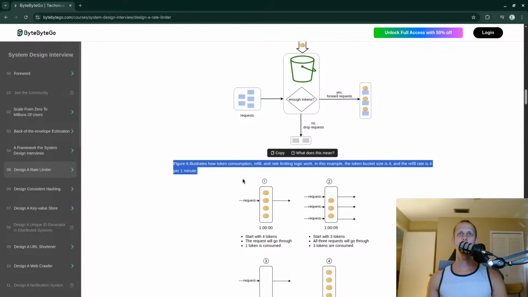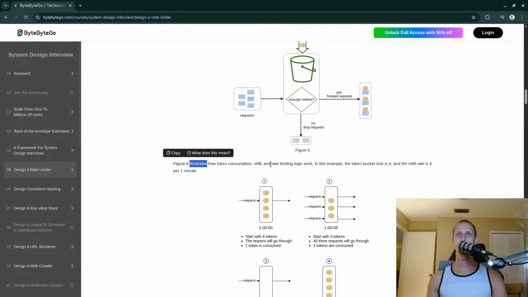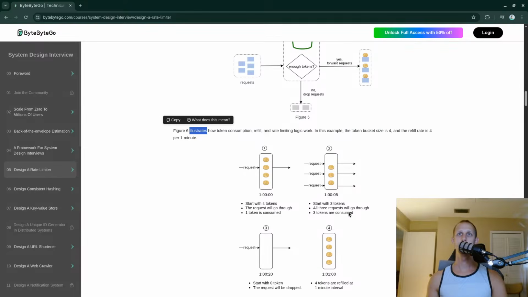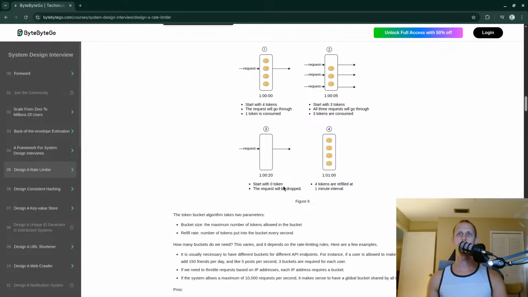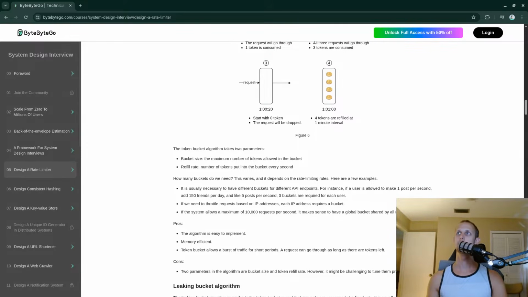Figure 6 illustrates how token consumption and refill rate limiting logic work. For example, start with 4 tokens, request goes through, 1 token consumed. Start with 3 tokens, all 3 requests go through, 3 tokens are consumed. And then start with 0 tokens, request will be dropped. 4 tokens were filled at 1 minute intervals. Okay, that's super slow, but